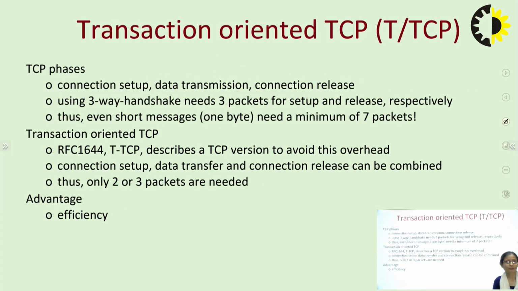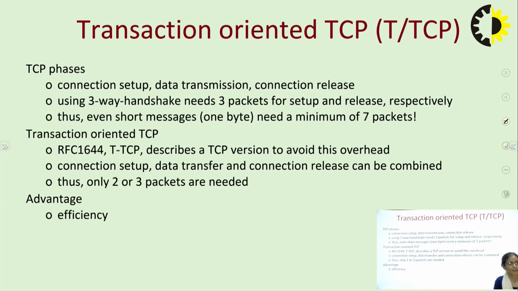Transaction-oriented TCP, or the T-TCP protocol. In this case, we have the TCP phases: connection setup, data transmission and connection release. We are aware that setup is a three-way handshake, and it needs 3 packets for setup and release respectively. Thus, even for a short message, even if we want to send 1 byte, it needs a minimum of 7 packets. So transaction-oriented TCP, known by RFC 1644,